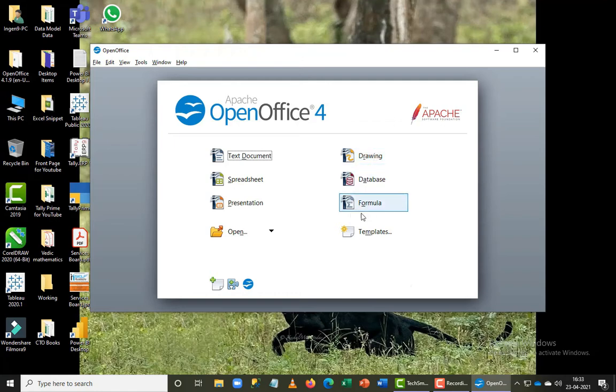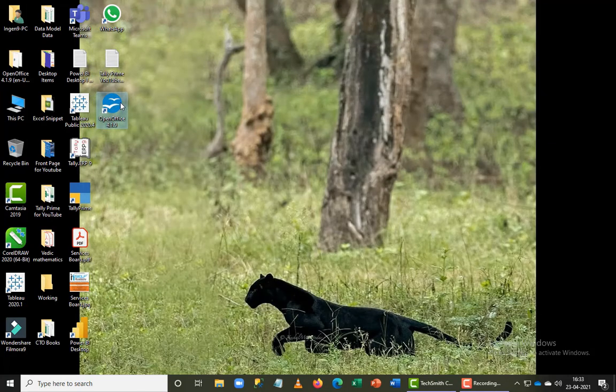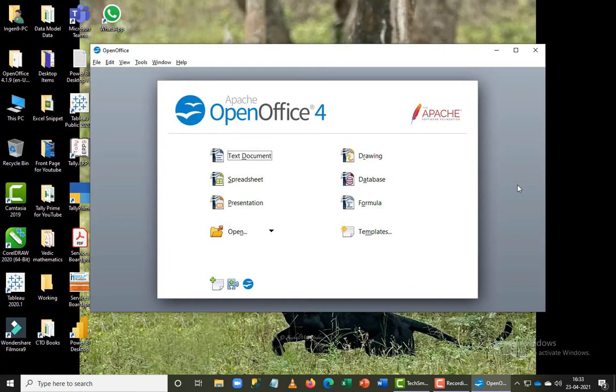I really enjoyed this. I never touched this drawing, so I'm going to touch it once. I touched the formula for teaching maths and other components. Probably this will be a very useful tool, I believe. Drawing is something where I think we can draw something. I'm not sure about it, so let me not go into it. Once I go through that a little more, probably I'll give you a much better point.